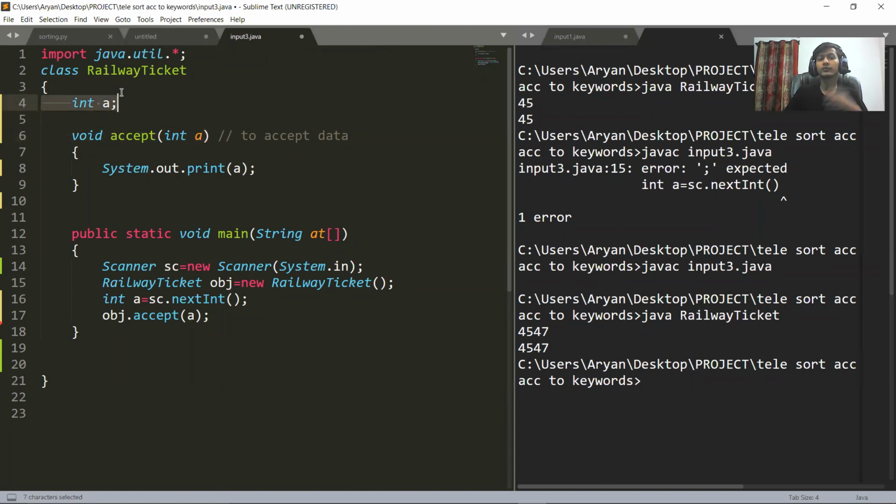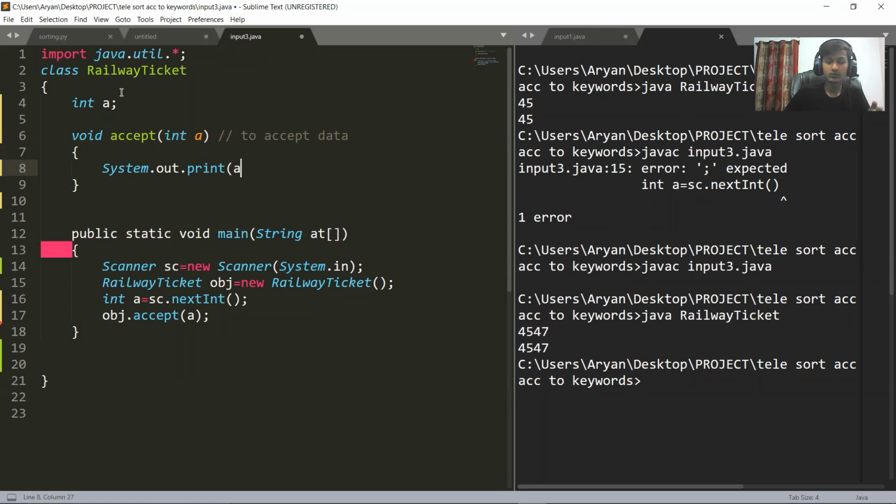Now if we create an object, we have two things. This belongs to the class and this belongs to the object. Then how can we differentiate between the class variable and the object variable? To differentiate between them, we use this keyword.